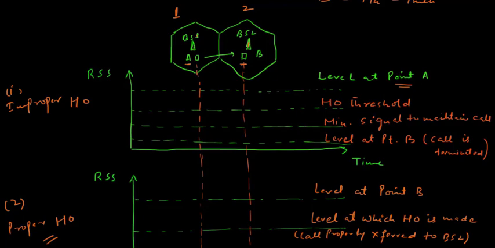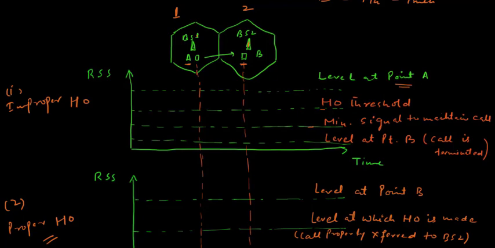And then after that, when it moves towards base station 2, obviously the signal strength will decrease. So there will be some threshold, and this line represents that threshold, called the handoff threshold, and it is the point where the handoff process should be initiated. And then when the mobile node moves ahead, you have another point, called the minimum signal to maintain call. So this is the minimum signal strength required to maintain a call, but you cannot promise the best quality at this signal level.